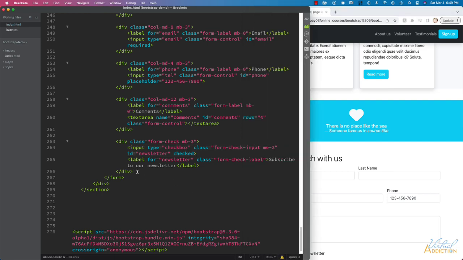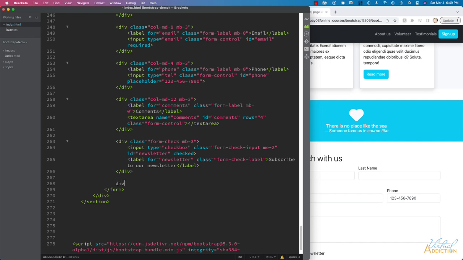The final element that I need to have is going to be a submit button. Obviously that is going to be very important since we want users to be able to submit our form. I'm just going to go ahead and use a column MD6 for this particular element, and we'll use a margin bottom of 3 like we had before, and then I'm going to use a button and we'll use a class